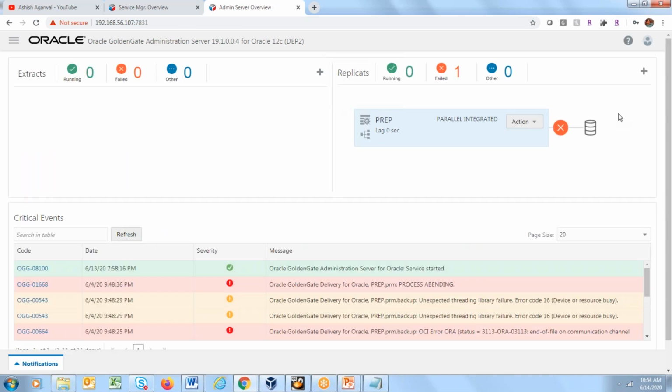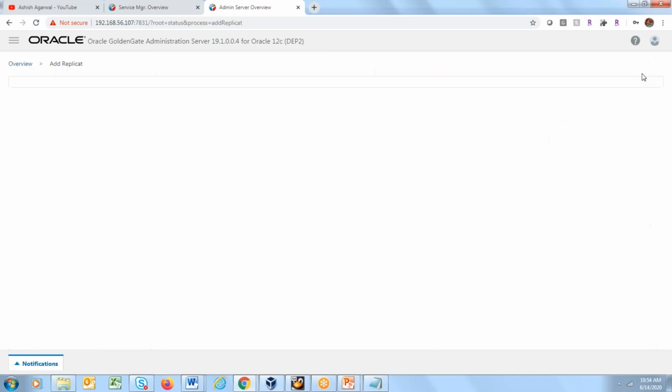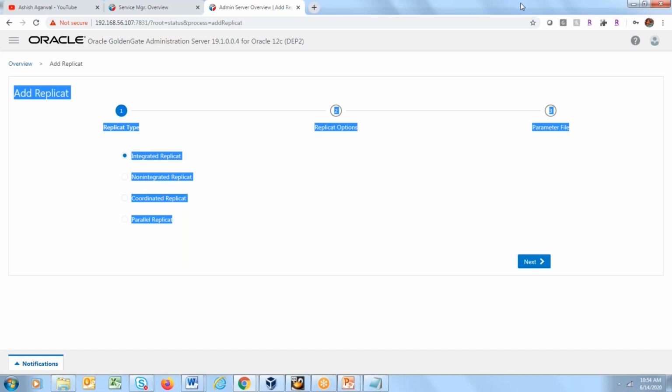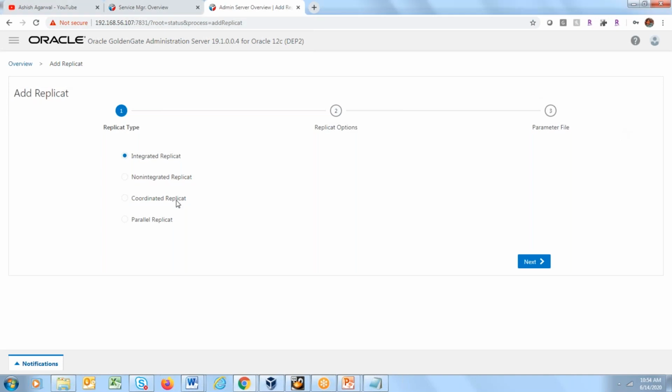Similarly, if I go for replicat and click on the plus sign, I see I have the option of creating integrated replicat, non-integrated replicat, coordinated replicat, or parallel replicat. Again, when I click on parallel replicat, I have two options available: either I can create integrated or non-integrated. So we have different options available in Oracle Golden Gate.